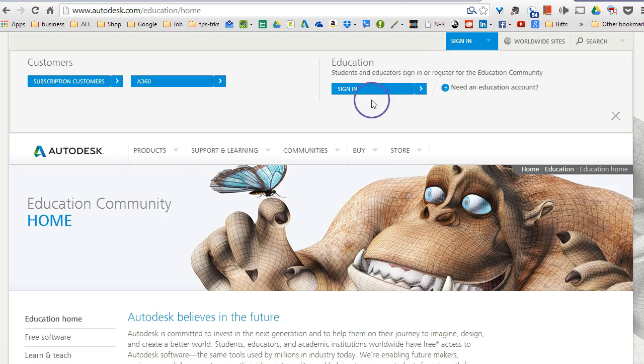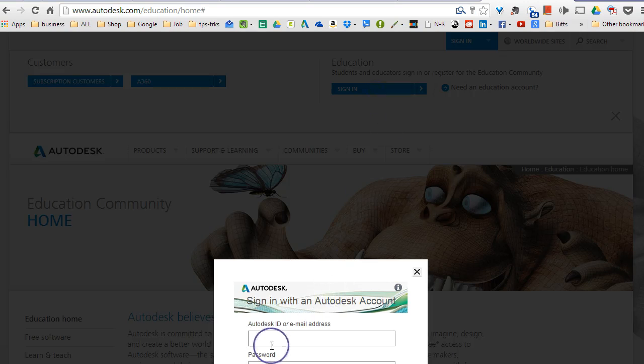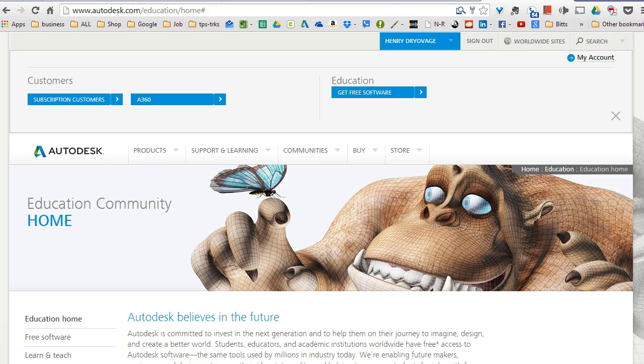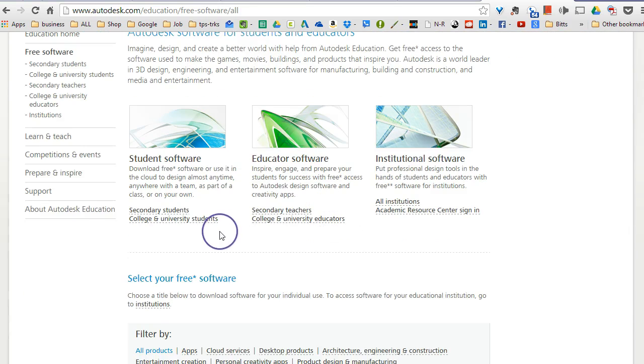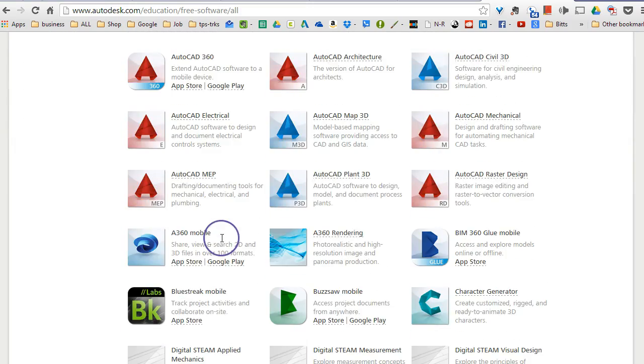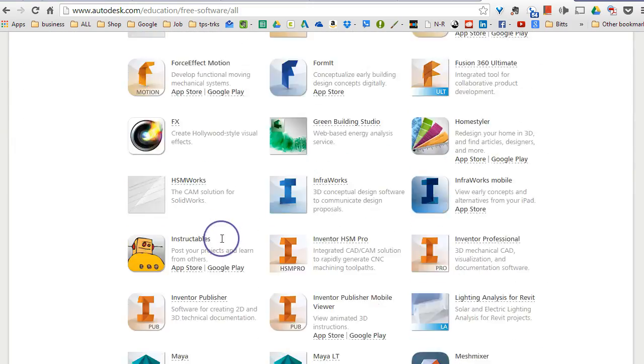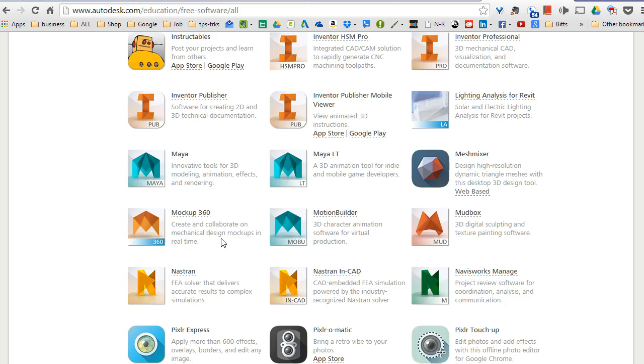And in order to sign in, I will put in my information and click sign in. So I get right in there, and I can go right to get free software and choose. So there's all kinds of free software. You can see this goes on and on. But what we want to do is look for Maya,